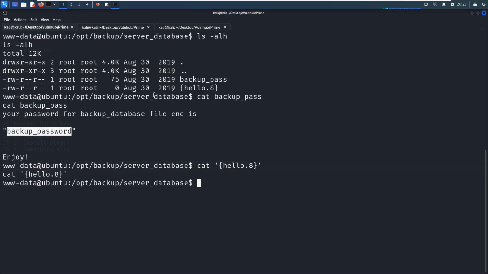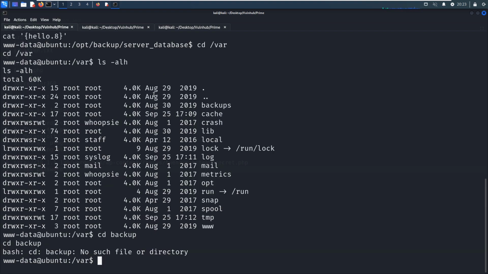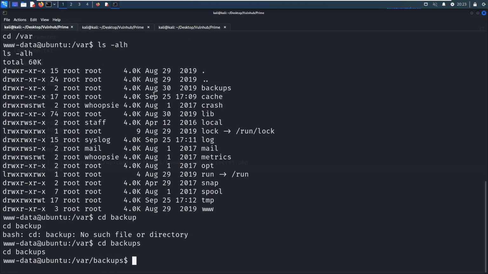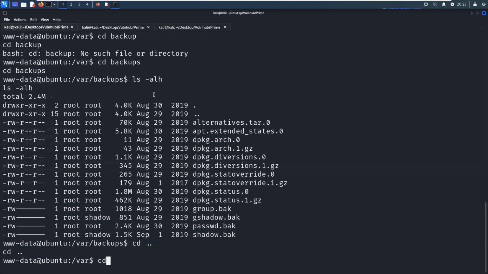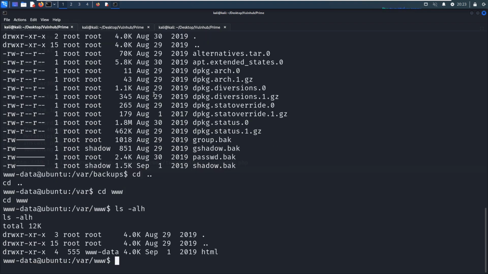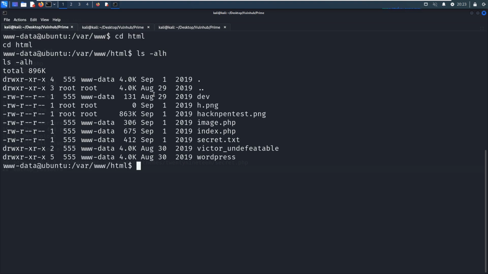Okay, so next we can go to /var to make further local enumeration. Backups. Nothing there. Go to the www directory. Go to html, then Victor, then WordPress.